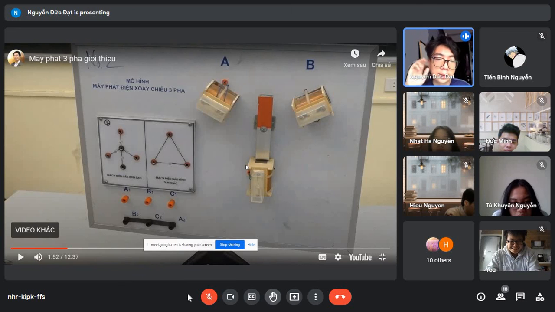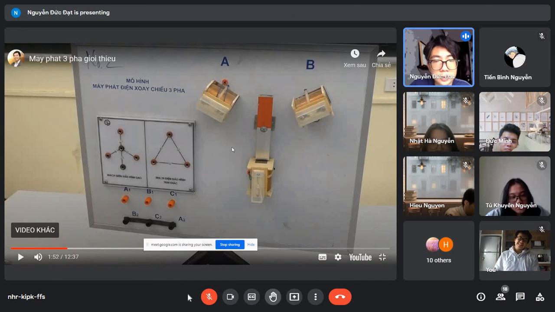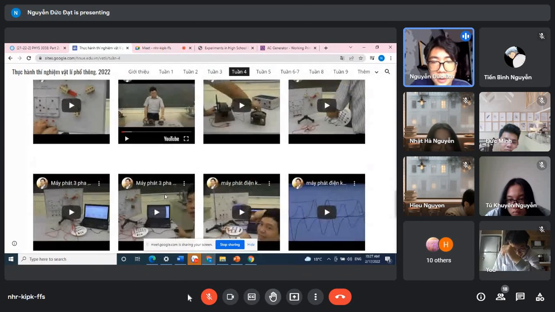Okay, so using the delta circuit and the star circuit here, we will collect the current. So you will watch the video and see how we can connect the output current to the star circuit and the delta circuit. Okay. And finally, we have the